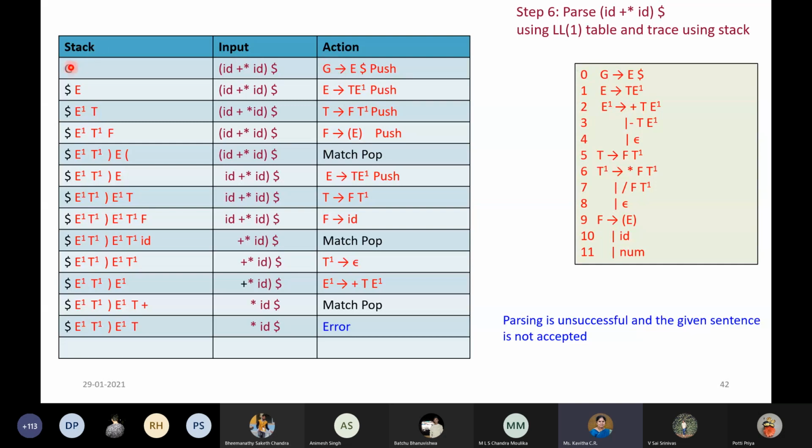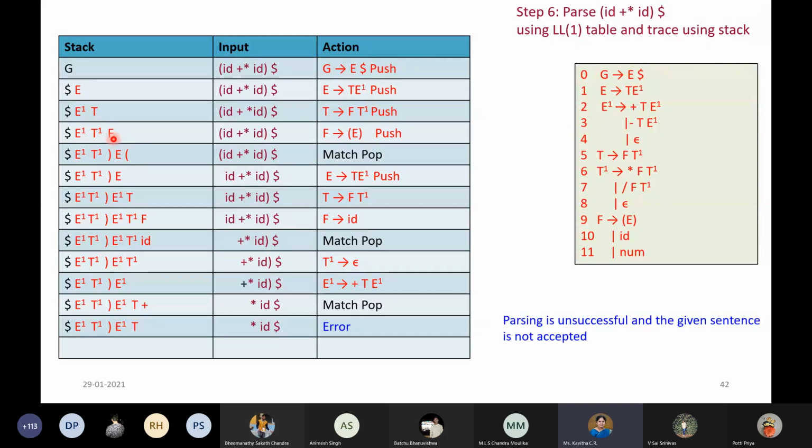So first you are going to start with G only, and this being in the input buffer. So the first decision is this, you are going to apply that, and E on the top. Now we are pointing on open parenthesis, because open parenthesis is also considered as an input symbol. So here also G on open parenthesis, we have taken this decision. Then E on open parenthesis is this decision, and so on. You just keep doing it.